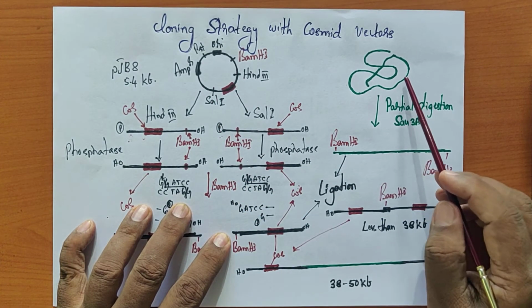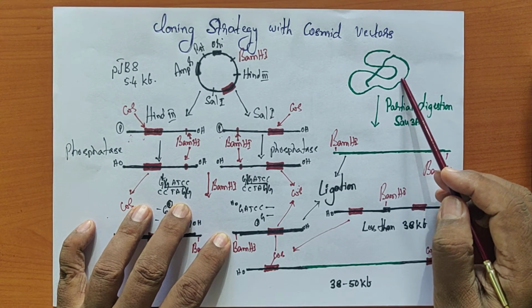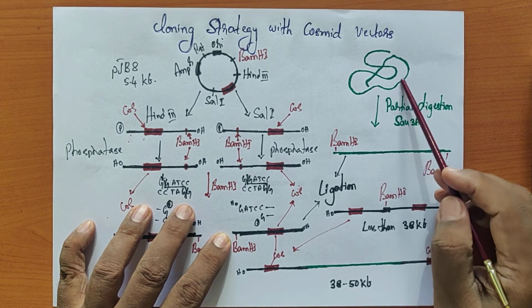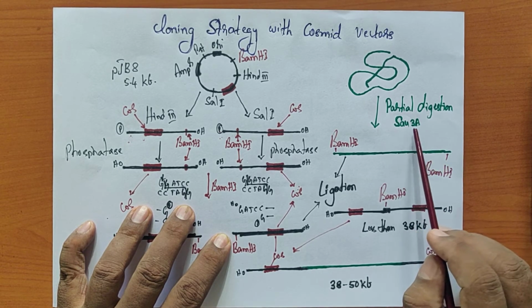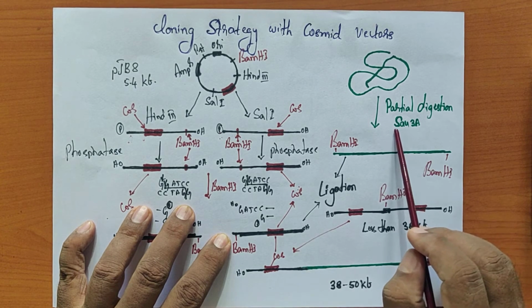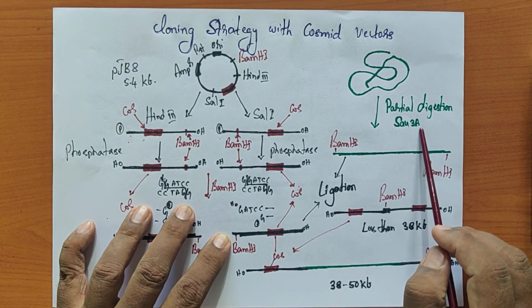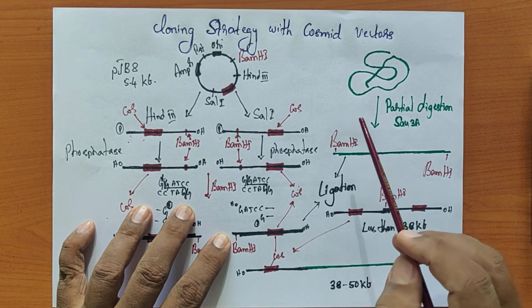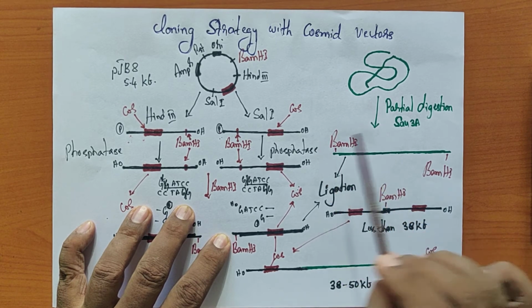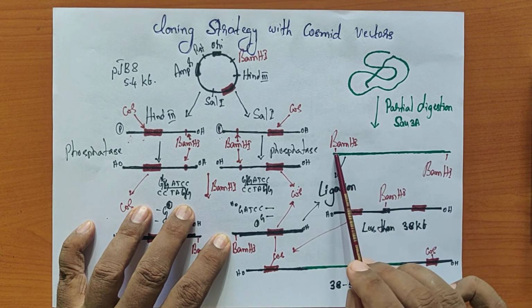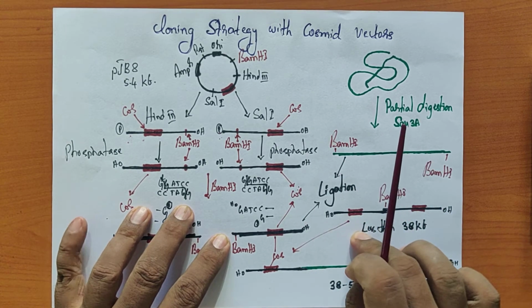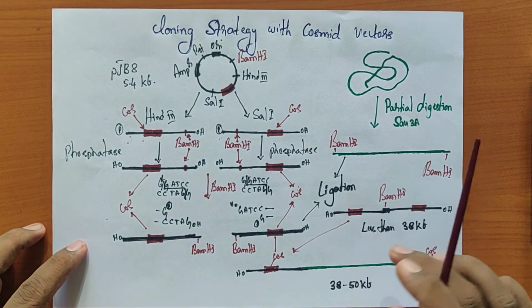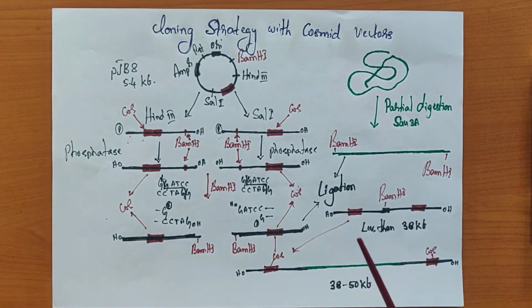So this is the structure of a cosmid vector. And now this is the eukaryotic DNA. We digest this eukaryotic DNA with Sau3A. This is a restriction enzyme that recognizes a unique restriction site. These sites are very rare, and as a result, the enzyme generates large DNA fragments. That is number one. And now here, I told you that BamH1 is very, very critical for cloning